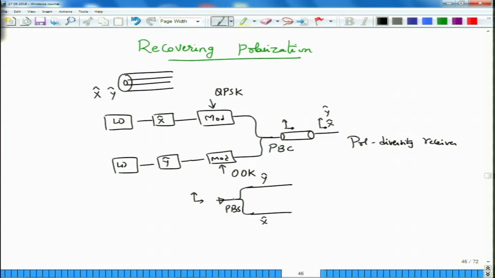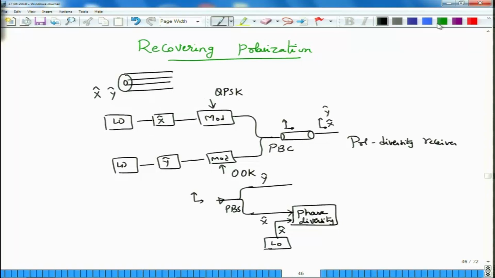Okay. And once they have been separately identified into X and Y polarizations, what we then do is to actually keep a phase diversity receiver. So, with the phase diversity receiver you will have your local oscillator going in as one of the inputs to the phase diversity receiver, and let us say this oscillator is actually emitting an X polarized light, and then you keep the same polarized light into the phase diversity receiver such that you mix the incoming or separated X polarization with the X polarized local oscillator.